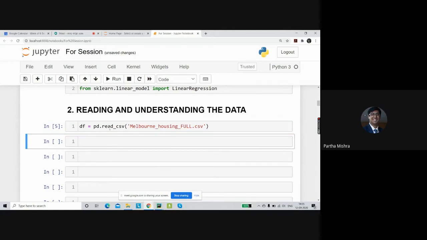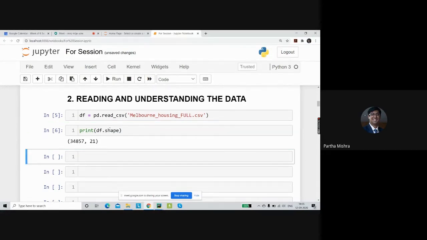Okay, now that the file is imported, let's understand how many rows and how many columns are present in this. Using df.shape, this attribute will let us know how many rows and how many columns we have in this data set. Without even looking at the data completely, you will at least have an idea of what kind of data you're going to tackle. So we have about 35,000 rows and 21 columns.